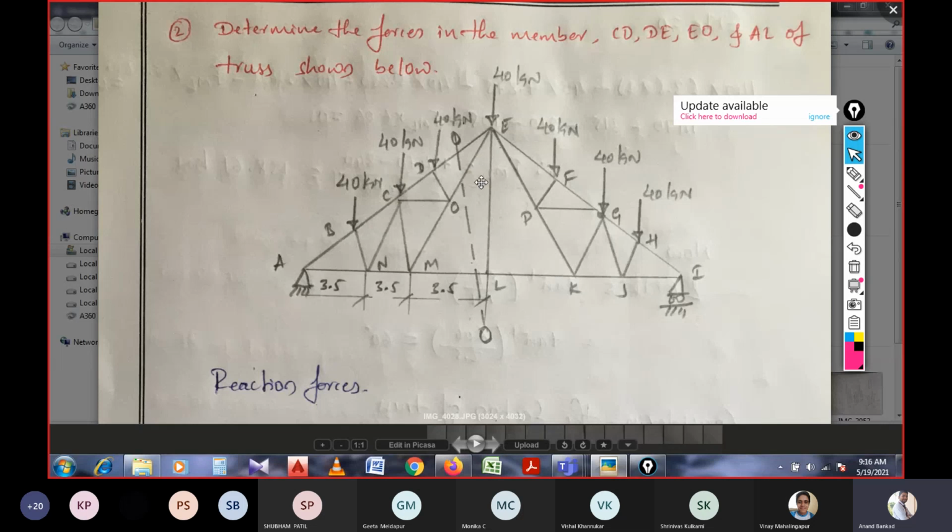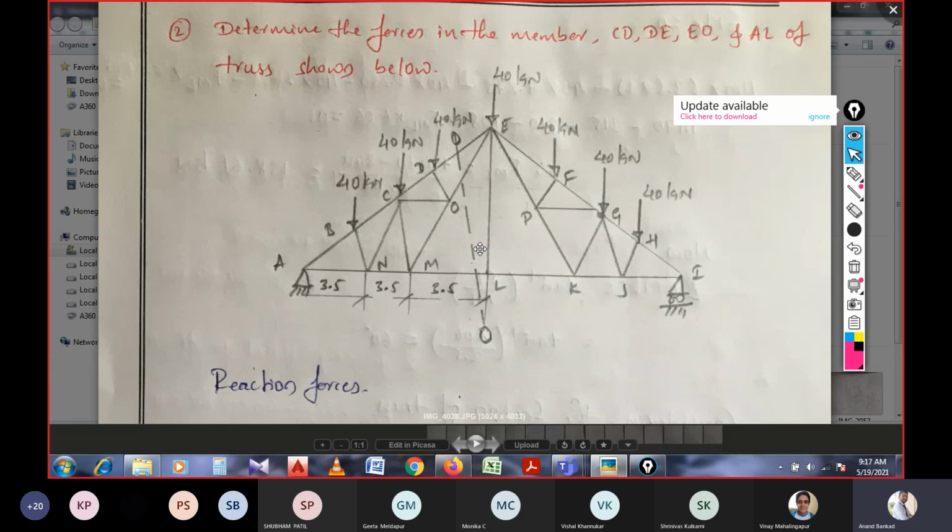If you consider this truss, the section will not be given in the question. You have to consider the section yourself, and it should pass through a maximum of 3 members. It should not pass through the joint where a particular load is acting. That means concurrent forces should not be there on the section where we are referring to the truss. On that note, we need to take the section. Also, the equilibrium conditions need to be considered.